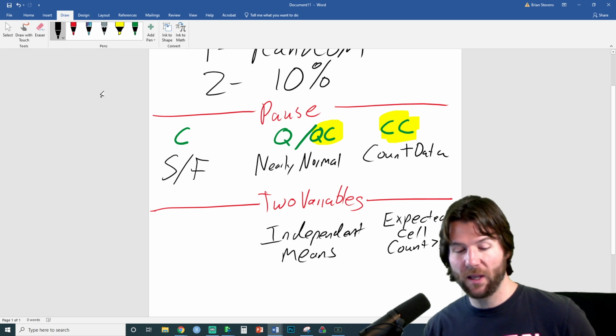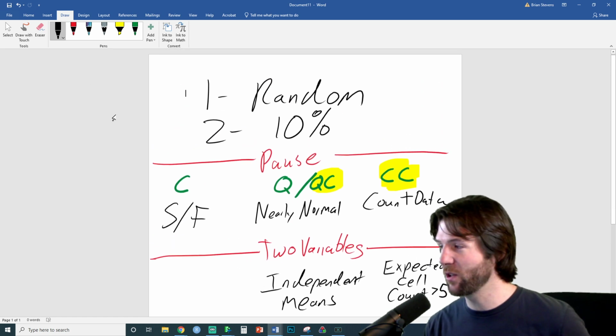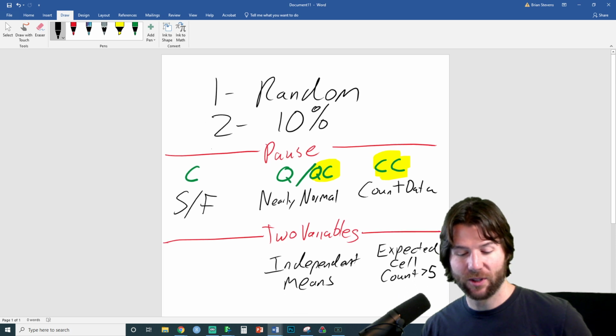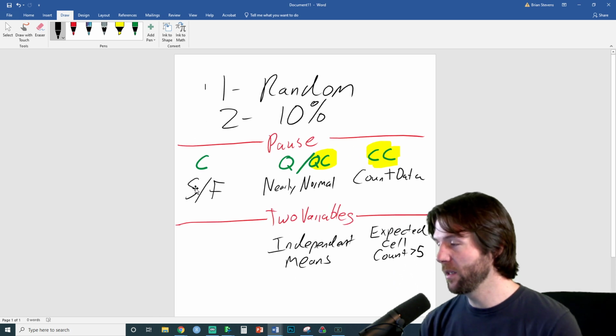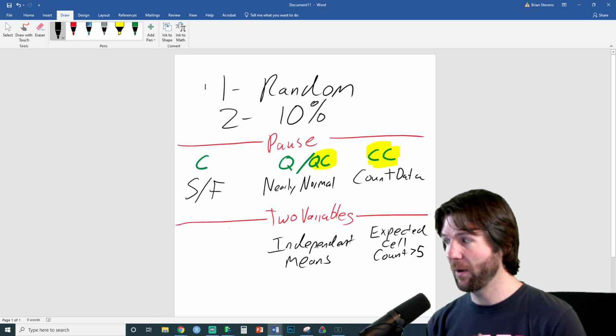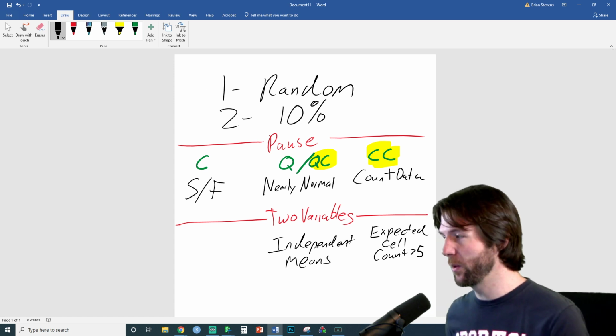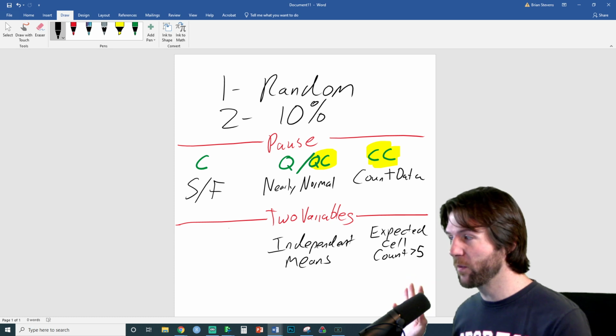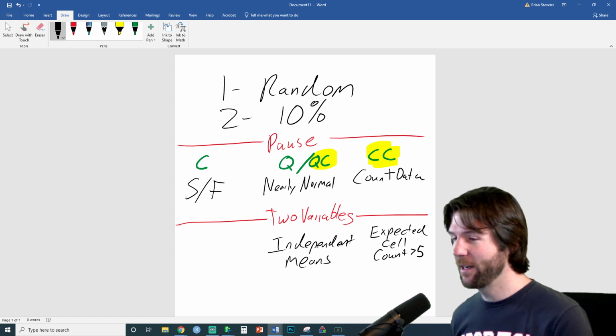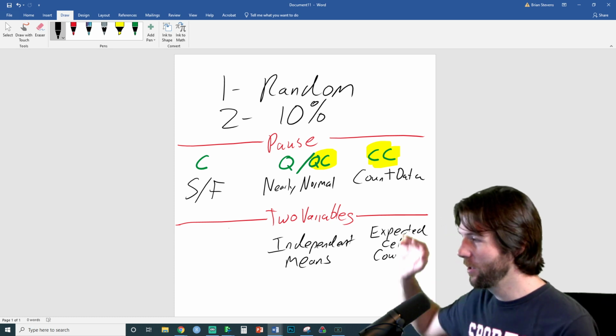So this is a big Cliff Notes version of all the conditions. Sorry, my handwriting is so horrible. We'll zoom out just a tiny bit. Someone wants to know how to check the nearly normal. That I think was the next question, how do we check the nearly normal? So make sure to review these. I've got another video going over this more in depth, so check it out. But here are all your conditions.